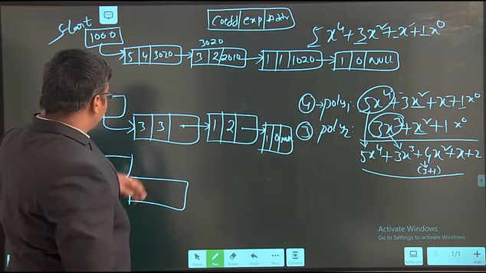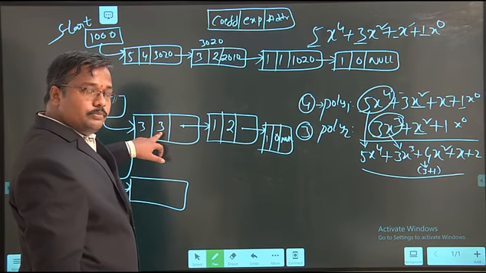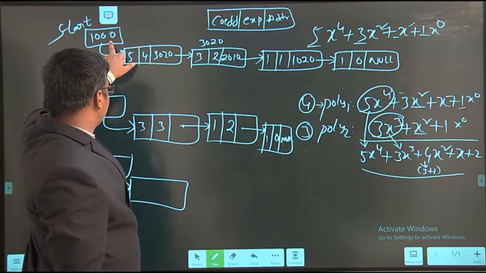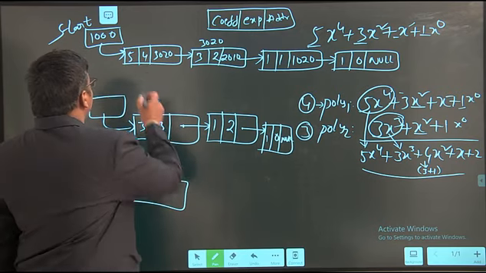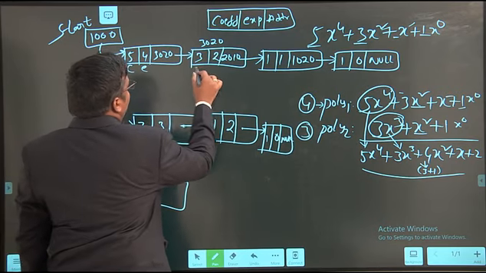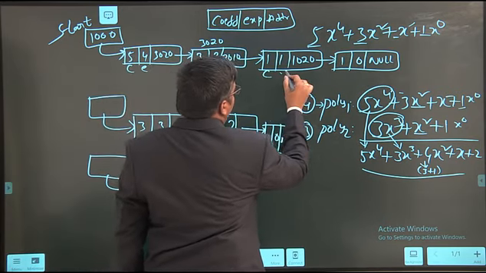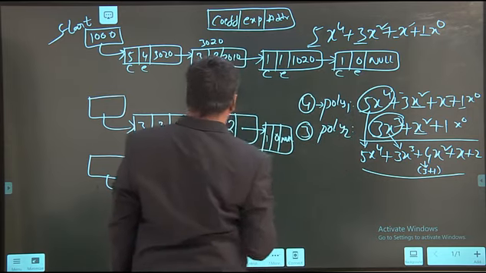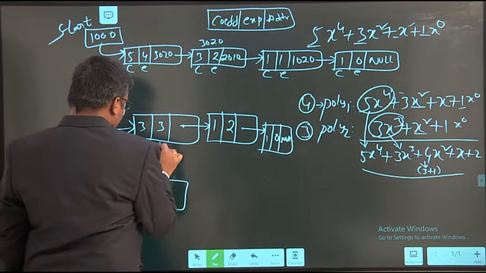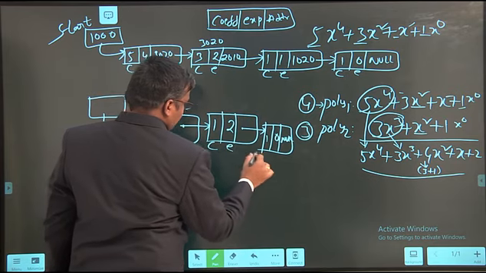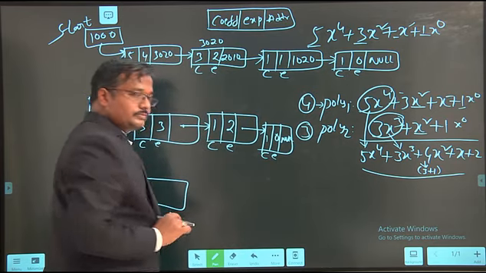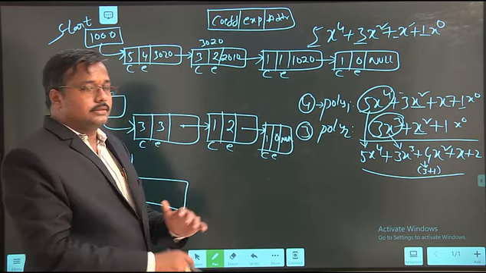So how to perform it? The first polynomial means the first linked list. Coefficient, exponent, coefficient, exponent, coefficient, exponent, coefficient, exponent. Here also, coefficient, exponent, coefficient, exponent, coefficient, exponent. Why am I writing this?